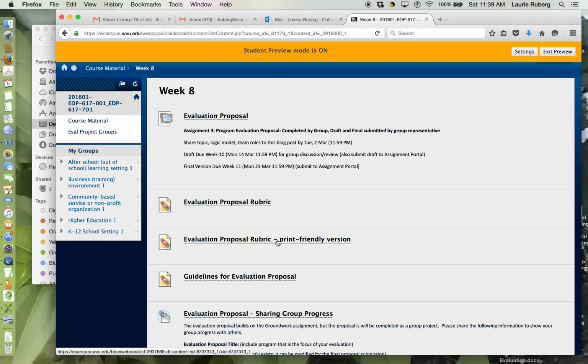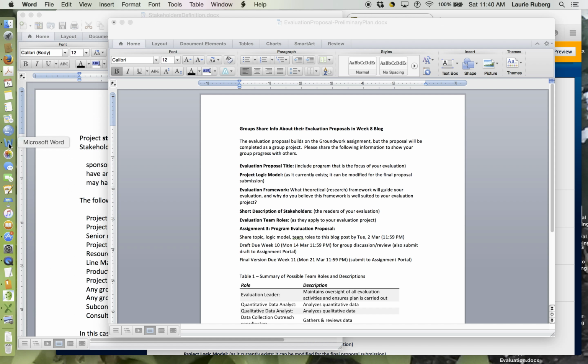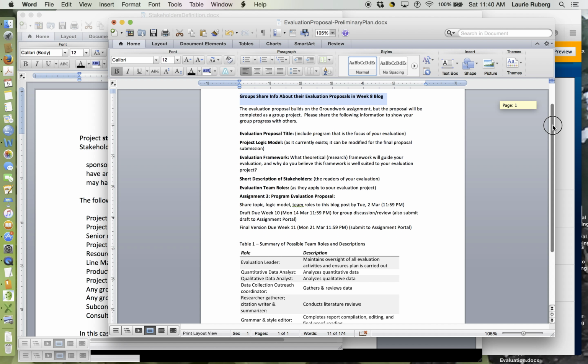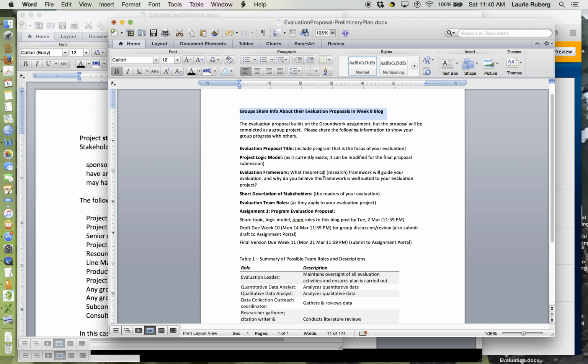So what I'd like to do is just kind of walk through the materials that are here and make sure that they're all clear to you. So the first thing we'll do is we'll look at the guidelines. The guidelines you've seen for a while. They were distributed a while ago. Most of you have posted to the blog as a group and completed the preliminary sharing for your projects, and that was based on this: your title,